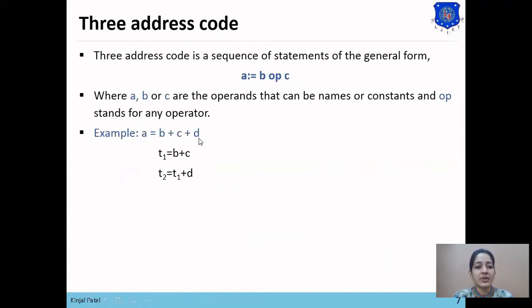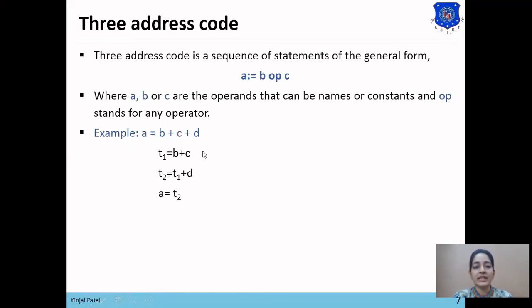So the expression at right side has been performed. B plus C plus D has been performed and the value has been stored in T2. Now we want to move this T2 value into A variable. So next expression is A equals to T2.